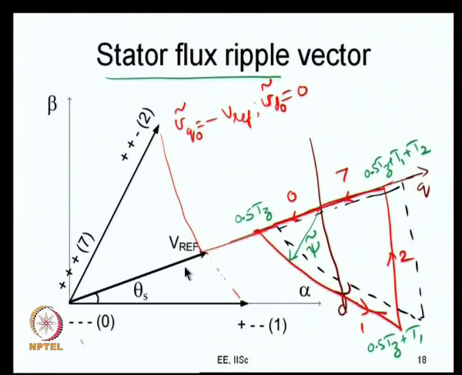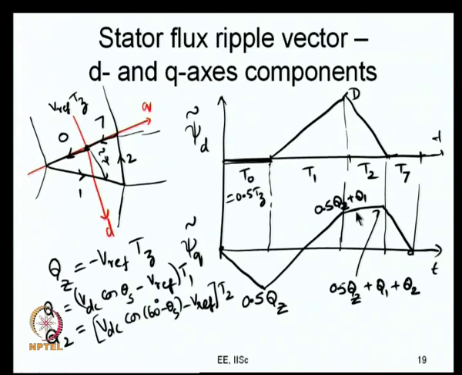So, I will do this. This triangle will be different, and the d axis and the q axis components are different. For a particular example we have evaluated now, the nature of variation is shown here. You can see that this is a piecewise linear curve and the slopes during the null vector are equal, and the other slopes during the other two intervals are different now.